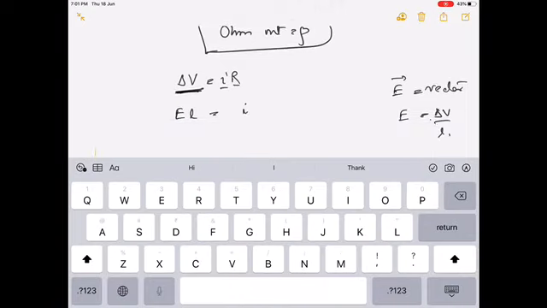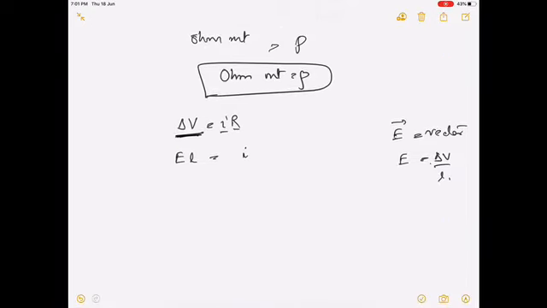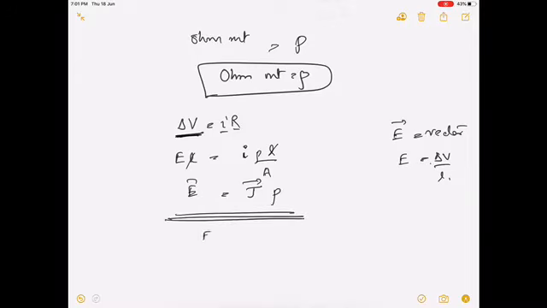I and R. Okay. Now in place of I and R, children, let it leave this I as it is. R can be written as rho L upon A. Just now we have derived what is R, rho L upon A. This L and L will get cancelled. So you will get E is equal to, what is I upon A? It is current density, right? What is I upon A? Current density. So see here, this is vector form of Ohm's law.